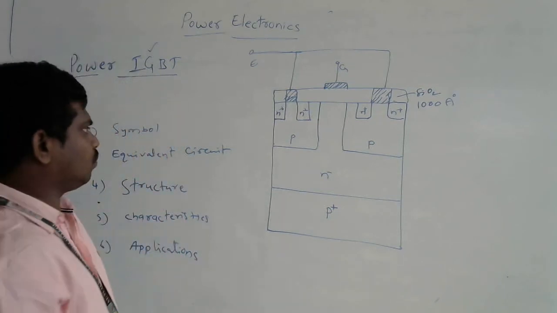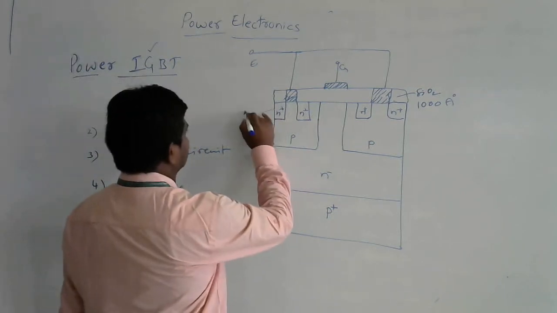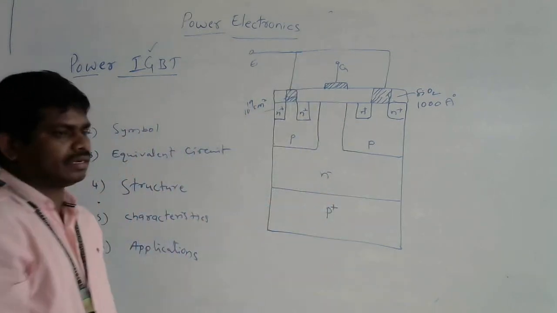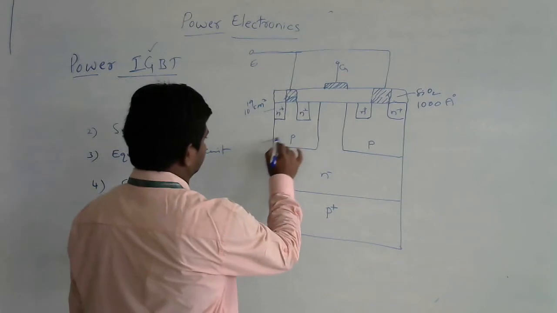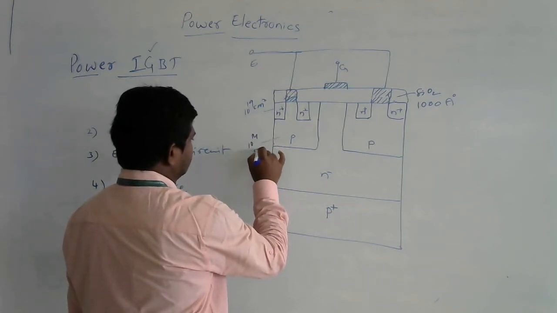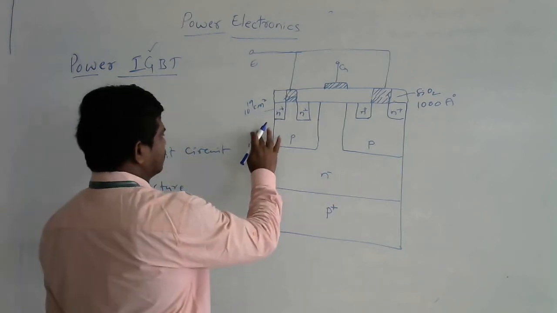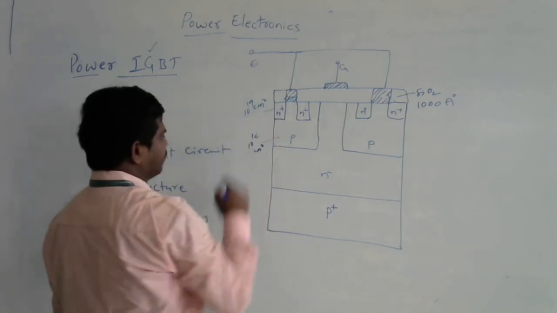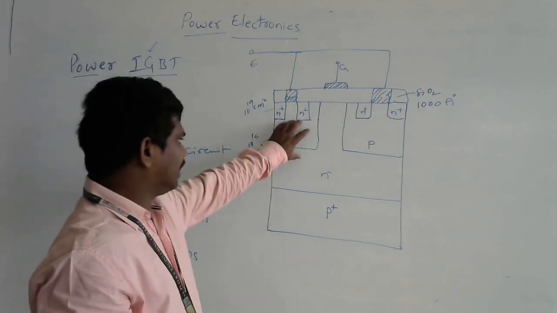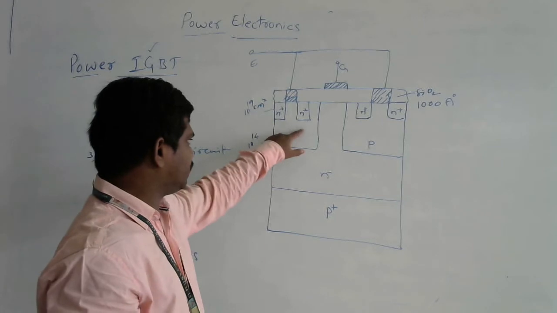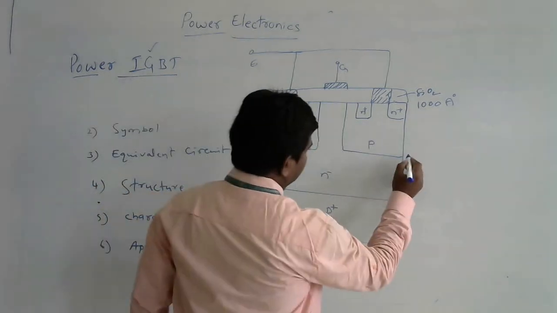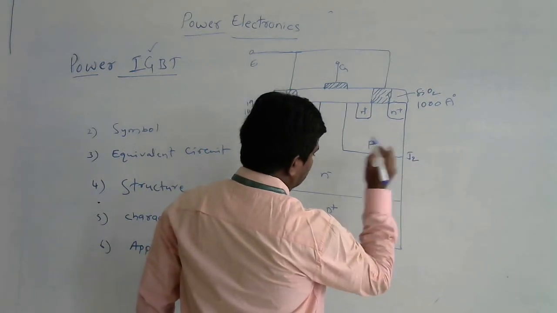Highly doped means what? What is the size? The size is 10 power 19 per centimeter cube. And this is 10 power 16, sorry, 10 power 16 per centimeter cube. It is the normally doped area in the device. This P is normally doped, and this side is also normally doped. This is one junction, which I am calling junction J2.